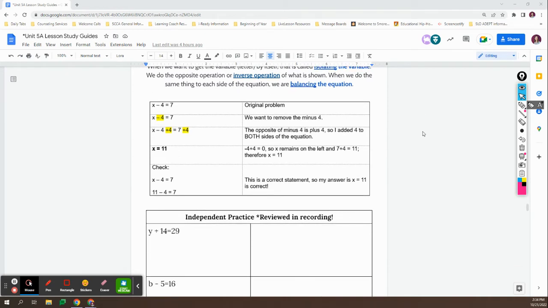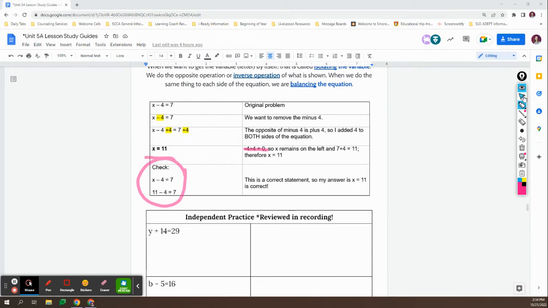So here is another example. We have x minus 4 equals 7. So we have subtraction. So we want to remove the minus 4. And so we do the opposite, which is adding. So we do the inverse operation of subtraction, which is addition. And then we cancel out the minus 4 plus 4 because, like this says here, negative 4 plus 4 is equal to 0. So that's why they cancel out. So then x is left by itself, and then on the other side we do 7 plus 4, which is 11, and then we substitute back in our number for x, so we put in 11 for x, and 11